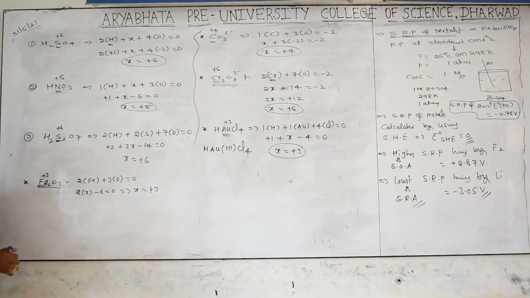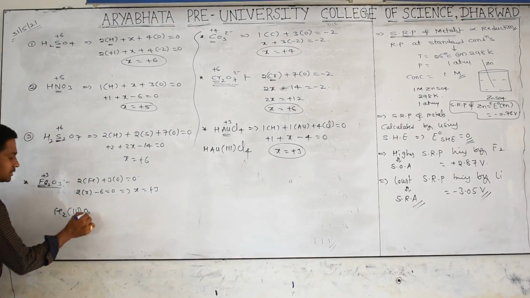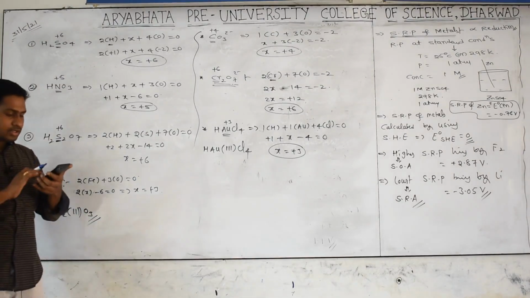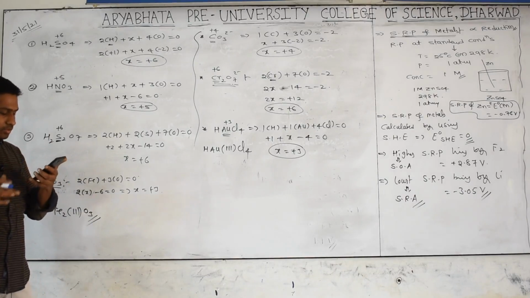How can you show that in stock notation? Beside the metal atom, write down its oxidation number with a Roman numeral, no need to write the sign. Generally metal means positive. Why? Because highly electropositive elements are nothing but metals. We are writing beside it Fe2, III and O3. And I will tell you some other species, you can check it.